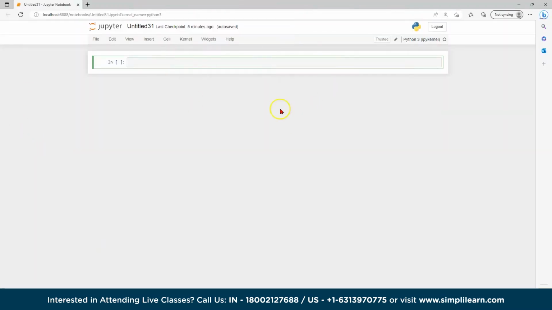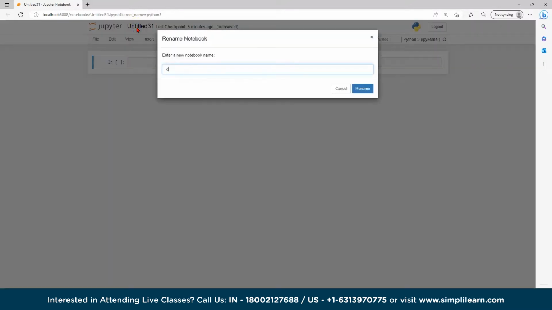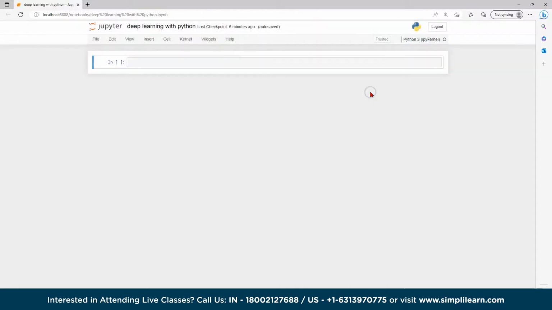So this is a Python kernel file. Here I will change the name to deep learning with Python. Here we will do flower recognition using CNN. So first, I will import os, and here I will write print os.listdir,